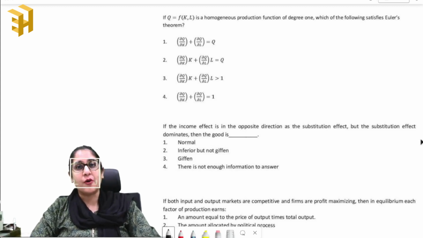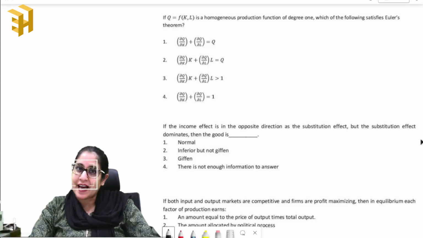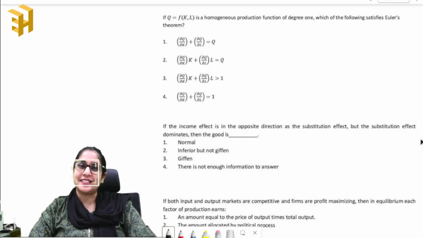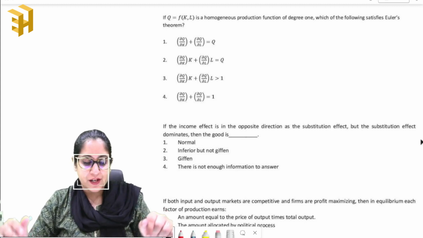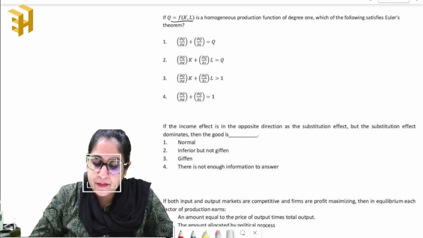From now on we'll be discussing the UGC NET June 2025 exam, which will serve as an important component in your preparation for the upcoming UGC NET Economics exam. So let's begin. The first question is that if Q is equal to a function of K by L is